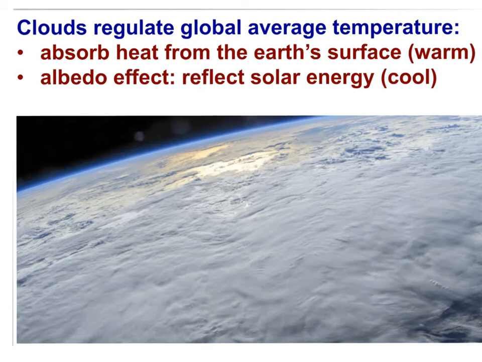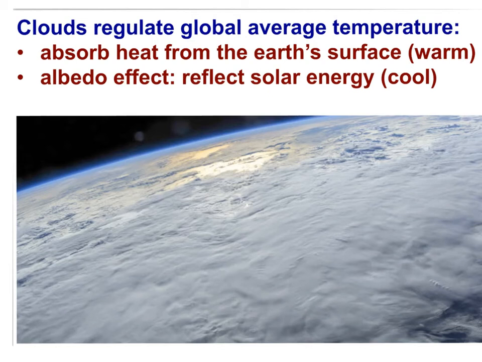Now, there are two feedback loops that could occur here. Clouds form as water vapor condenses. Water vapor in the atmosphere results from evaporation at the Earth's surface. An increase in the Earth's temperature would result in more evaporation, thus more water vapor in the atmosphere, and that might result in more clouds. Now, more clouds could result in more reflection of solar energy, serving to cool the Earth. This is a negative feedback loop,